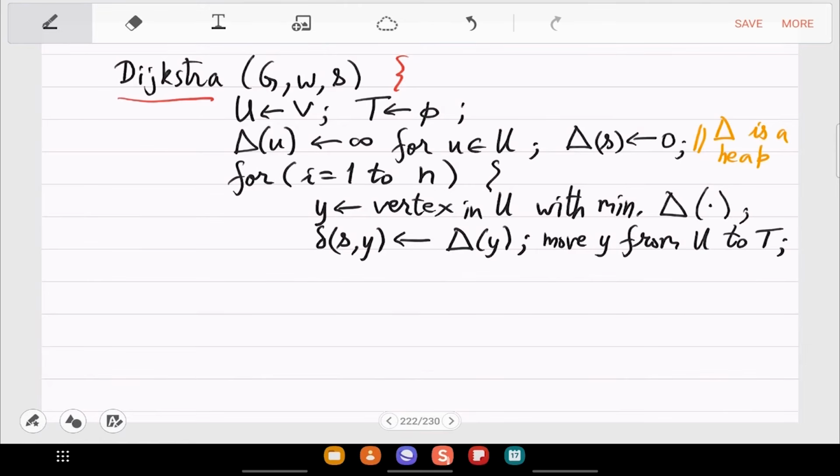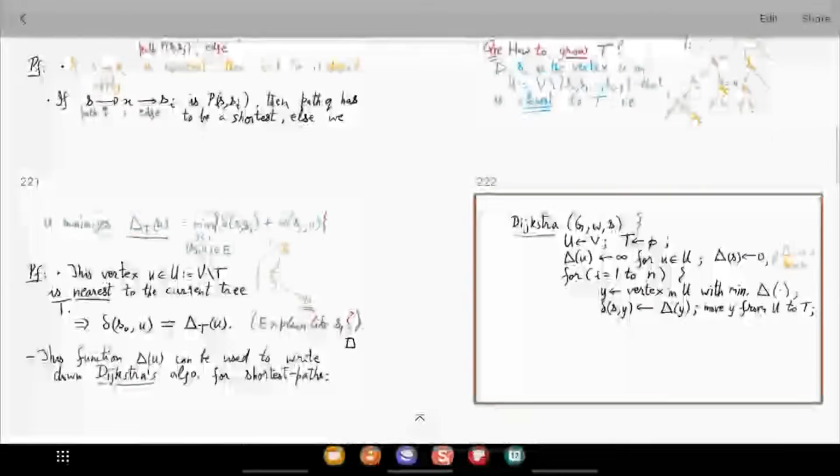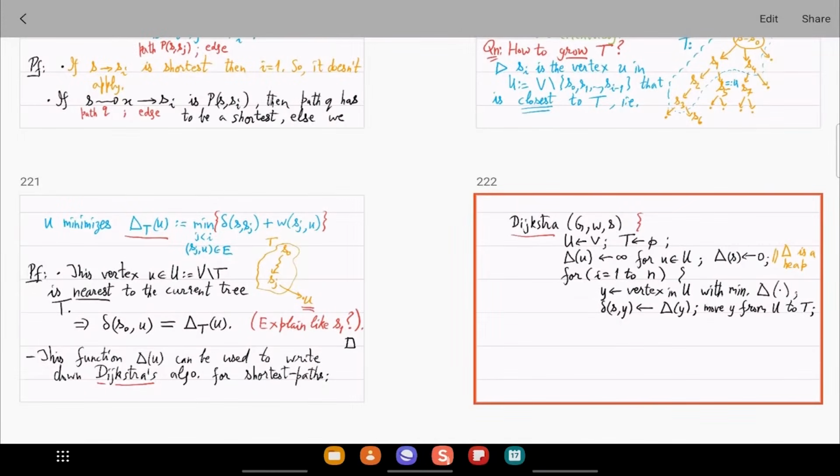And then what? What should be the next step in the pseudocode? You have discovered Y, it is moved inside the tree, and what do you want to do next? Should we end the for loop? Yeah, so why should we do that?